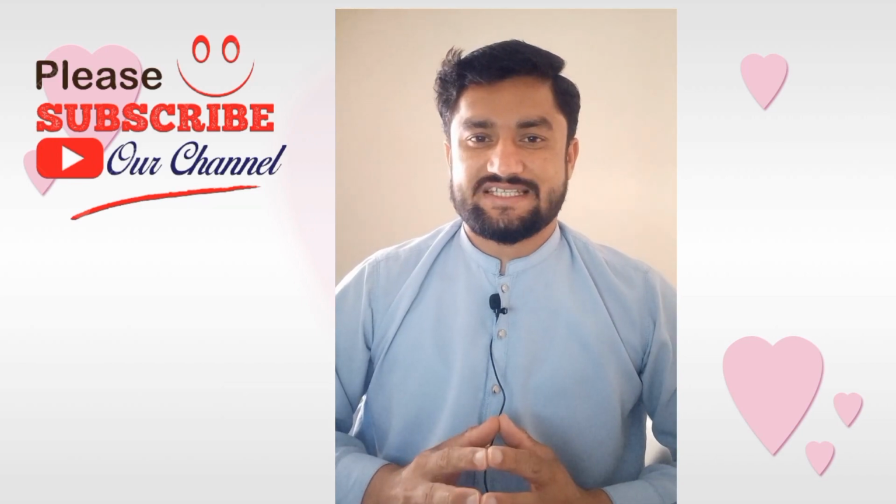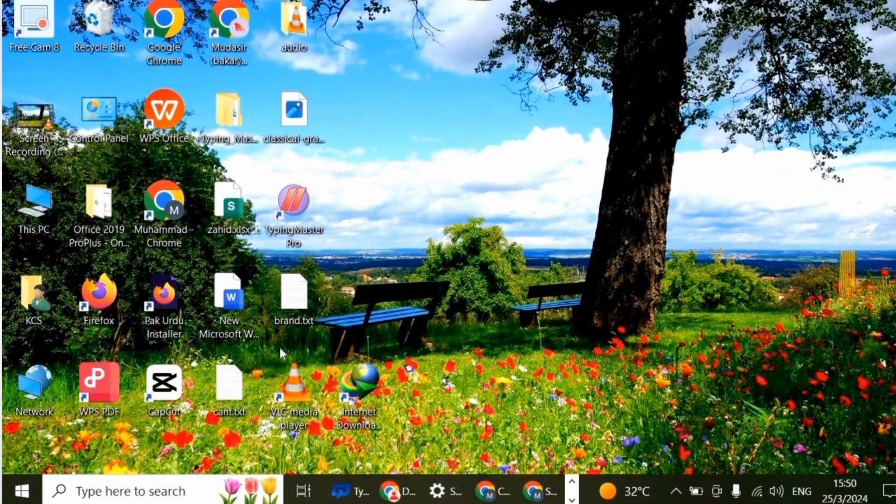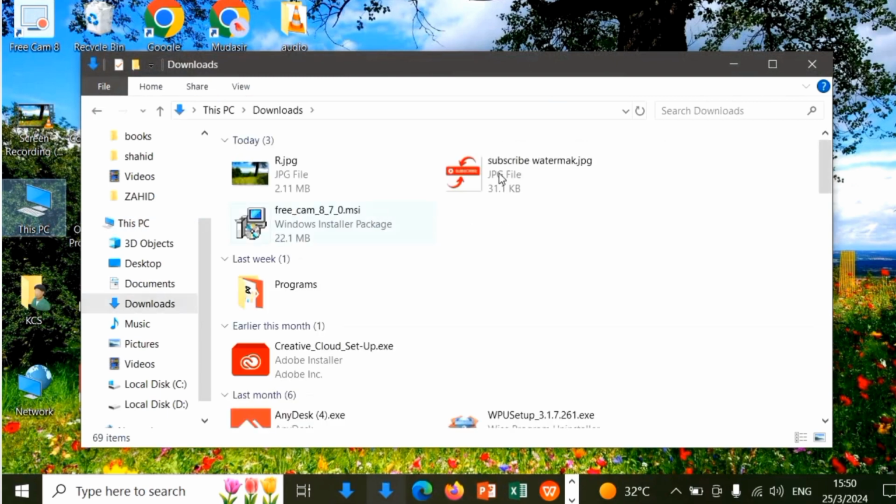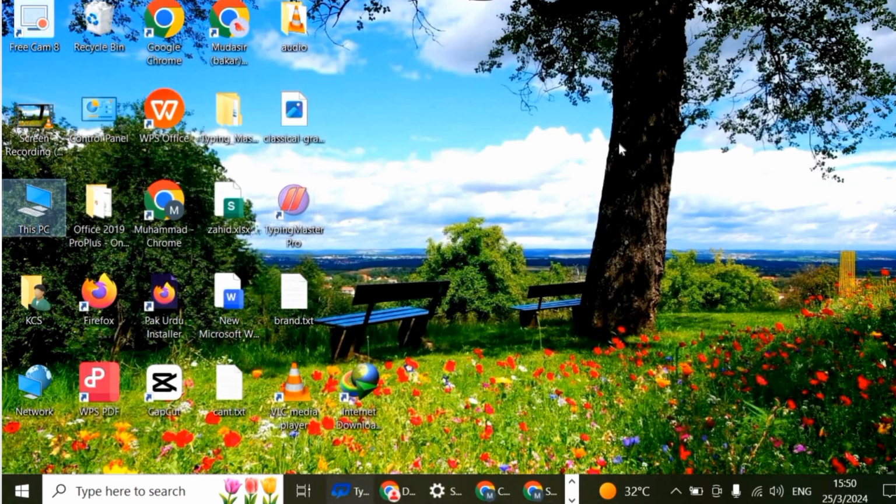So let's move to the screen. Firstly, download subscribe button watermark. You can see I have downloaded it firstly. So you can also download it from the Google or Canva. So after that,